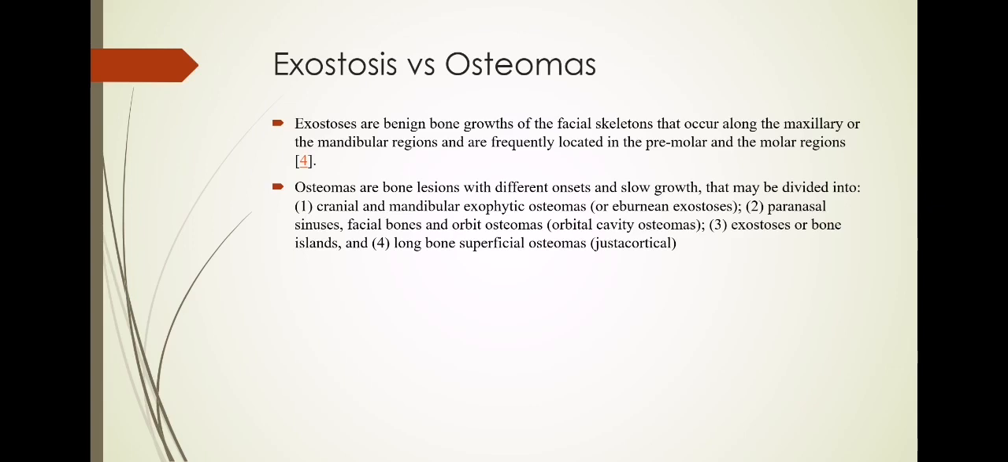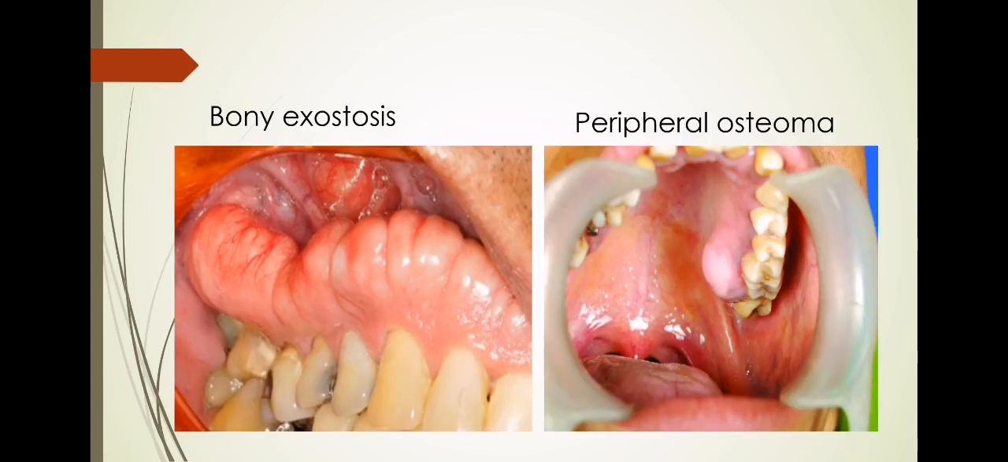Exostosis versus osteomas. Exostoses are benign bone growths, as we said. Osteomas are bone lesions with different onset and slow growth. Bony exostosis and peripheral osteoma actually sometimes look just the same, and if there is a dilemma in the diagnosis,